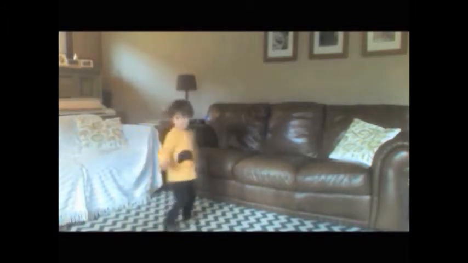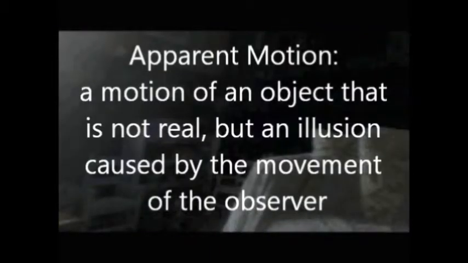Ernie is turning in circles. From our perspective, Ernie is moving and the room he's in is standing still. But from Ernie's perspective, he is standing still and the room around him is moving. This type of illusion is called apparent motion. Apparent motion is a motion of an object that is not real, but an illusion caused by the movement of